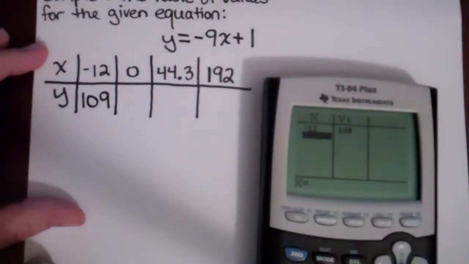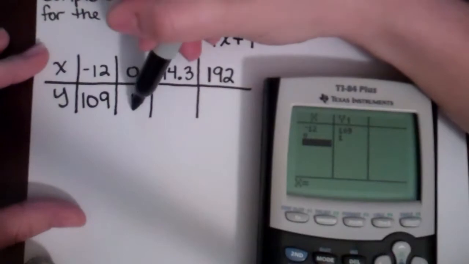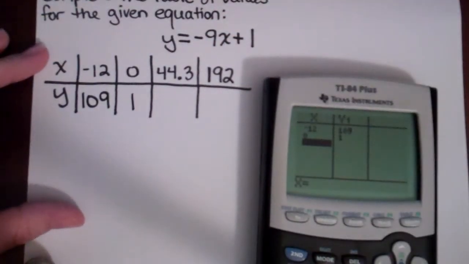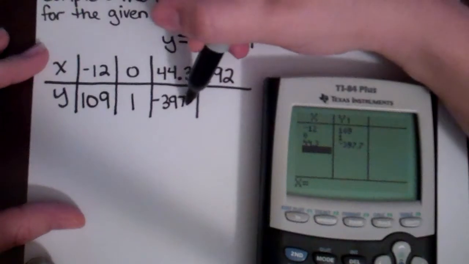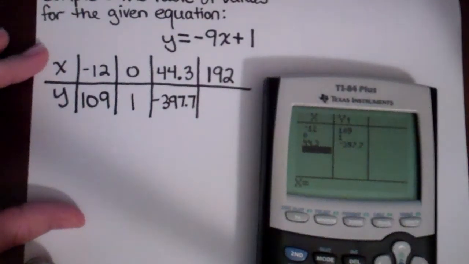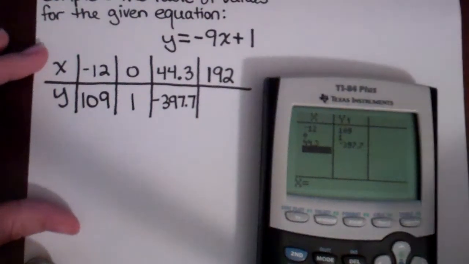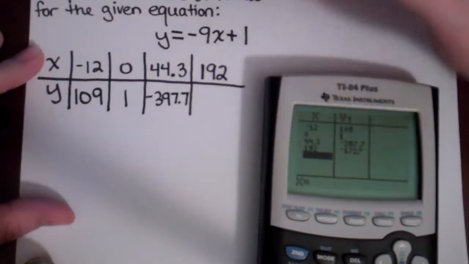And then I have 0, enter, and that's 1. Next I have that decimal, 44.3, enter, is -397.7. And then lastly, 192, enter, and this one is